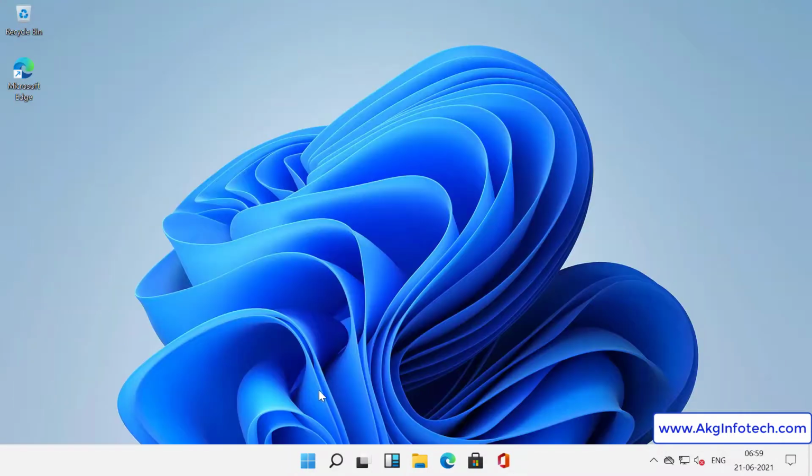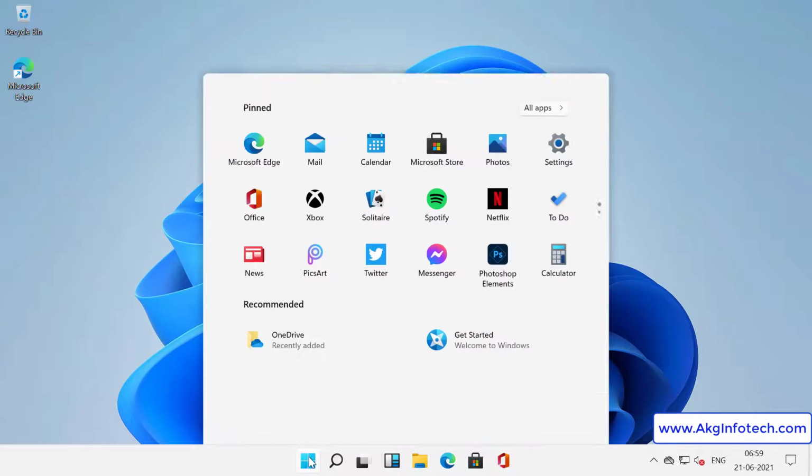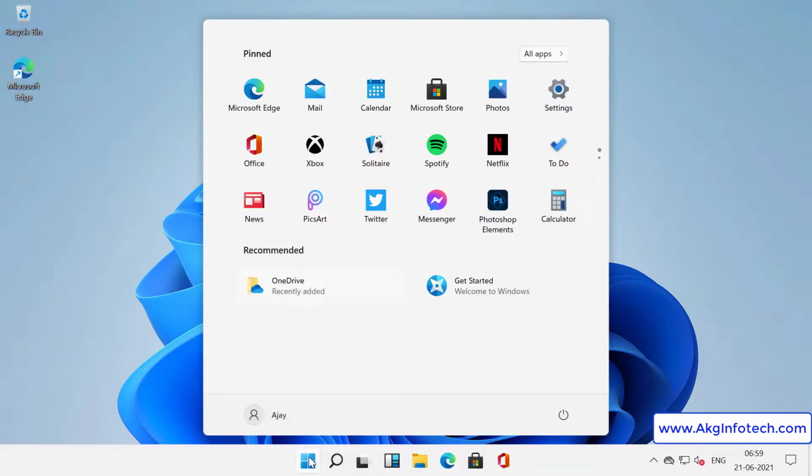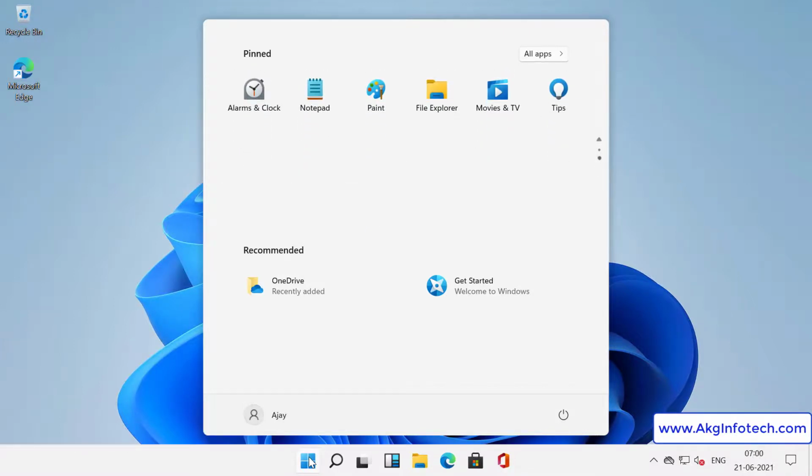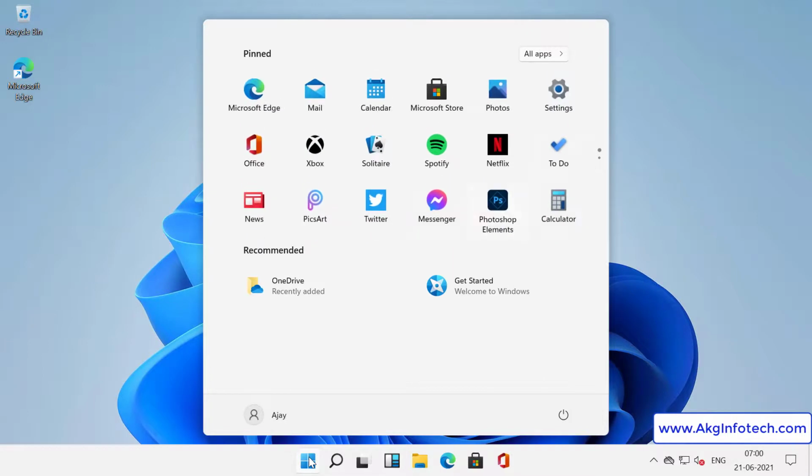Let's check out the taskbar icons. When we click on Start button, we get pinned applications which you will mostly be using. If you do not find your installed applications here, click All Apps, right click on that app and then click Pin to start and it will start appearing here. There will be 18 pinned apps at bottom. There will be recommended apps and documents will appear. At bottom, when you click your name, it shows lock, sign out and change account settings. At right, you get options such as restart and shutdown.